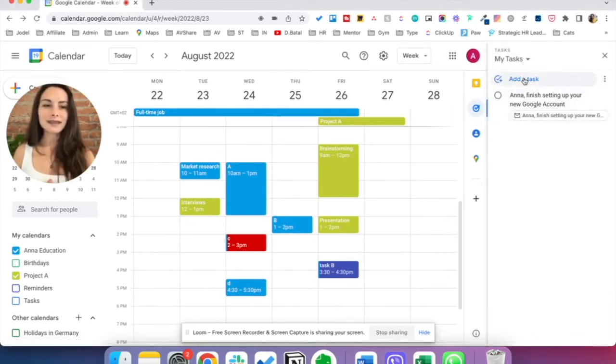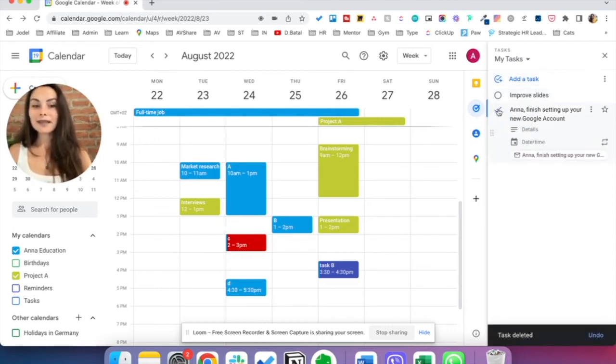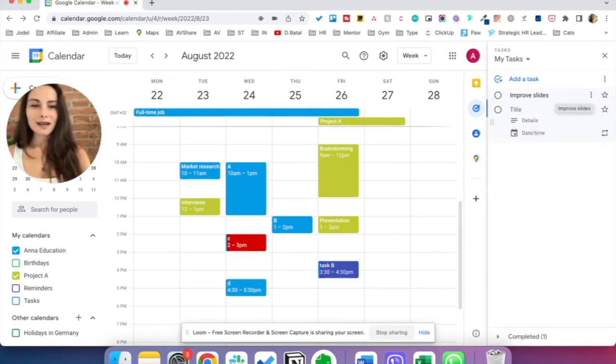You can say that your task is, for example, I don't know, improve the slides of your presentation. Now I'm not very creative, but let's just add improve slides, let's say. You can add as many as you want to. For example, if your next one will be what?